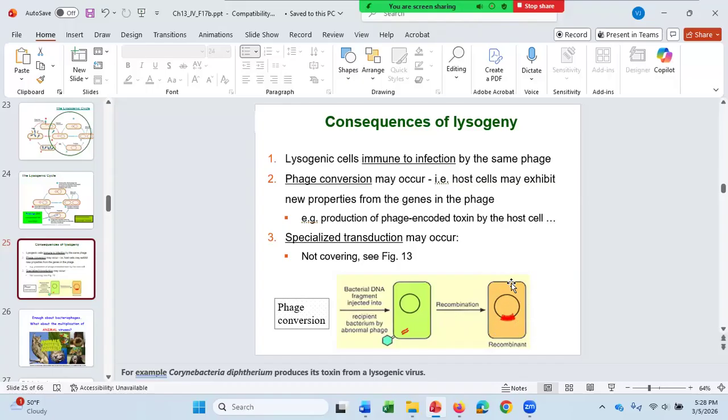The best known example of that is Corynebacterium diphtheriae. This bacteria only produces the diphtheria toxin if it is infected with a lysogenic virus, meaning it's the lysogenic virus that actually encodes the diphtheria toxin. So yes,